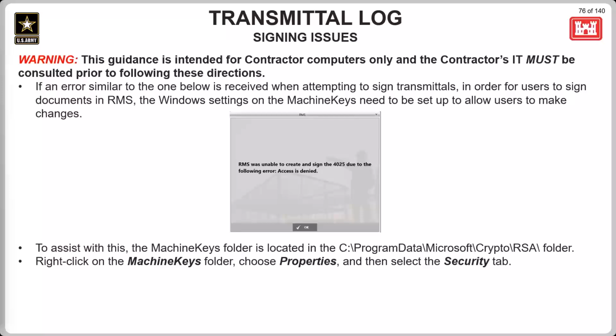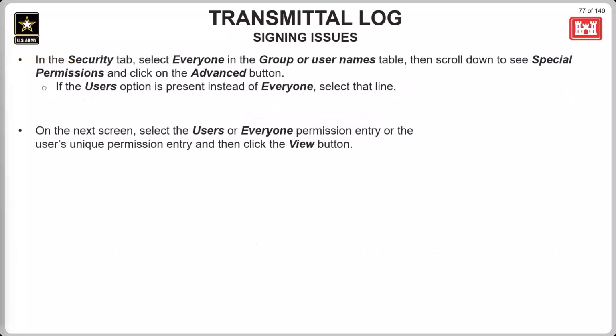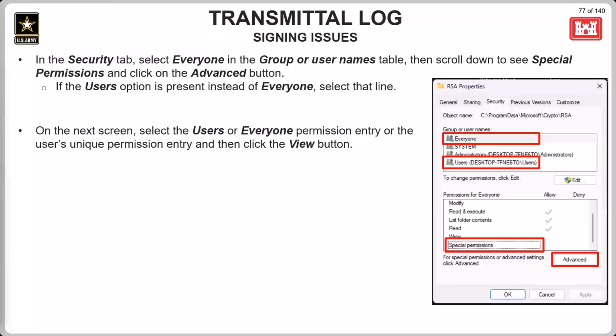So to attempt to resolve this issue, if you've gotten the go-ahead or if the contractor has gotten the go-ahead, go to the file path shown here. To get to the machine keys folder, right-click on the machine keys folder and choose properties, and then go to the security tab. So on the security tab,